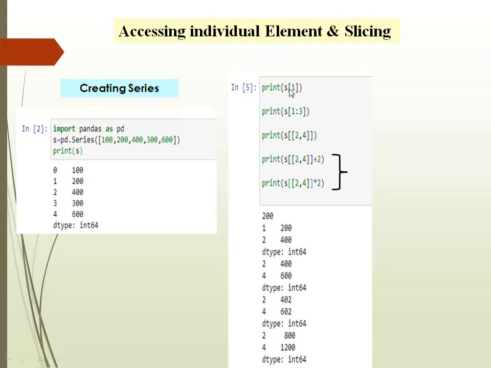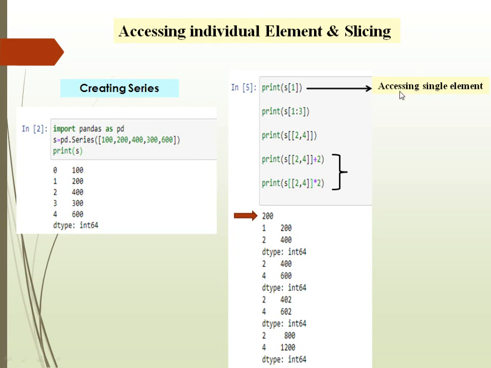So now how do you access an individual element from the series? You can write like this, s[1]. So the first element is 200. We're going to display it. Here it is shown, 200 is displayed. Now when I write s[1:3], 1:3 means a range of values is specified, and this is known as slicing. Taking out a specific range of values is slicing.